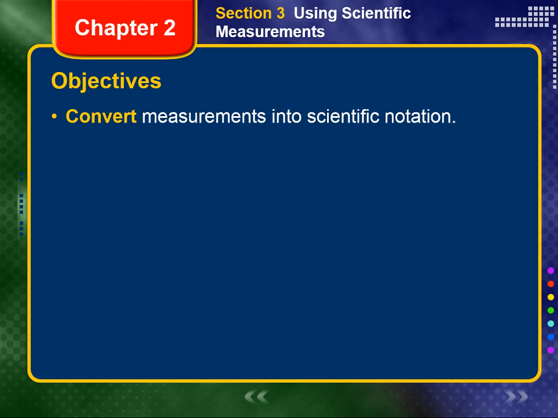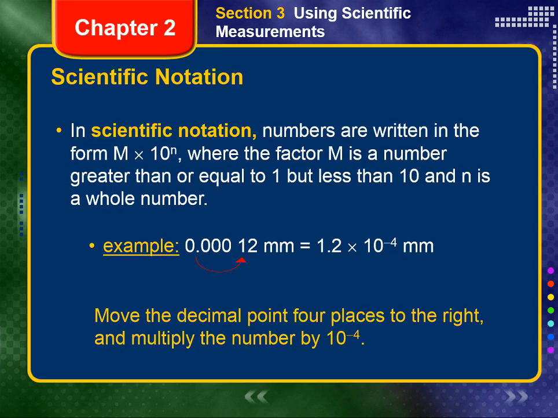At the end of this video, you should be able to convert measurements into scientific notation. Chapter 2, Section 3, Scientific Notation. In scientific notation, numbers are written in the form m multiplied by 10 to the nth power, where the factor